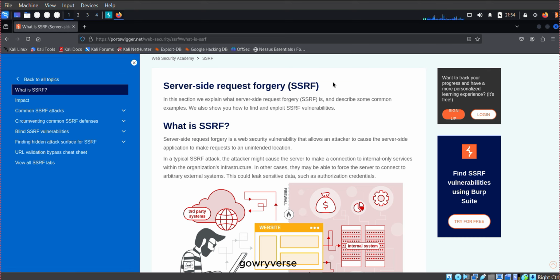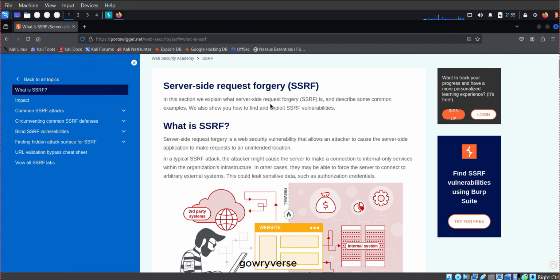So today we are going to look at SSRF. Before going to SSRF, what is SSRF? Can I ask one question? Have you ever wondered how a hacker can trick a website into attacking itself? That's exactly what is happening in SSRF. SSRF attack, so server-side request forgery. So it means